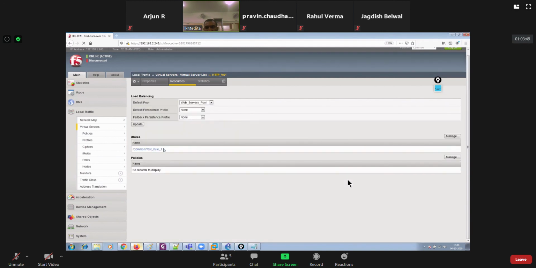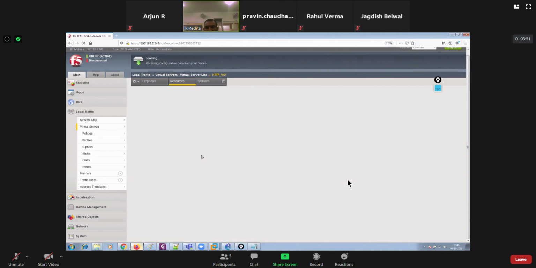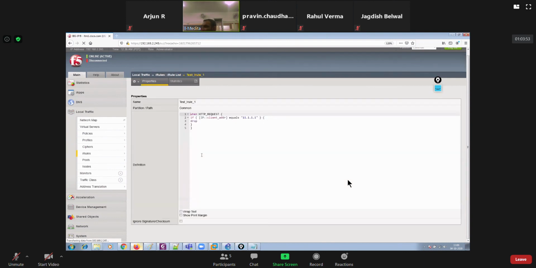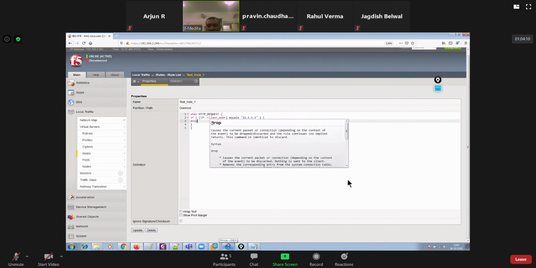Yeah, test iRule is already applied. So we will have to see what's the issue. Client address is equals to 11.1.1.1 and then it should get dropped when HTTP request is from client address. Let me do one more thing here. Let me also